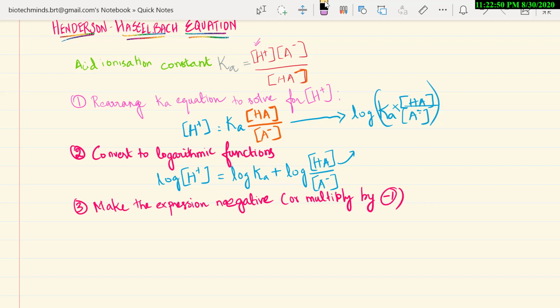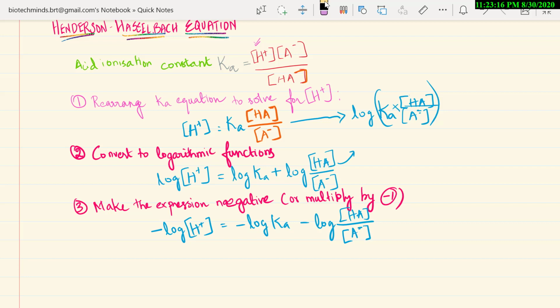Okay. Now what happens to this equation? So minus log H plus equal to minus log Ka minus log HA, that is weak acid by concentration of